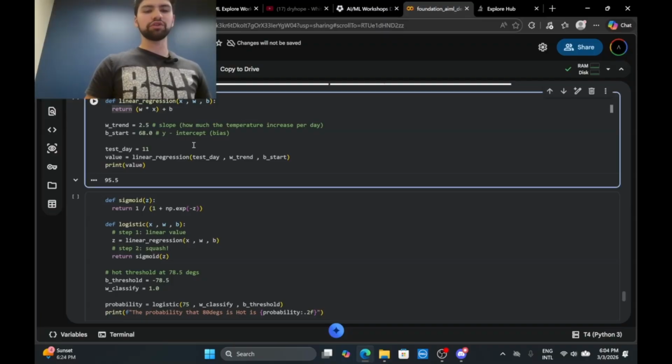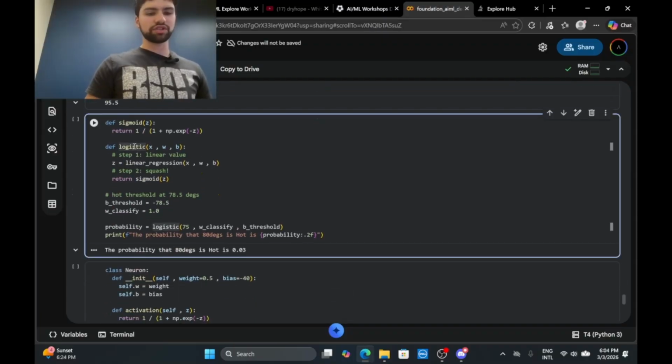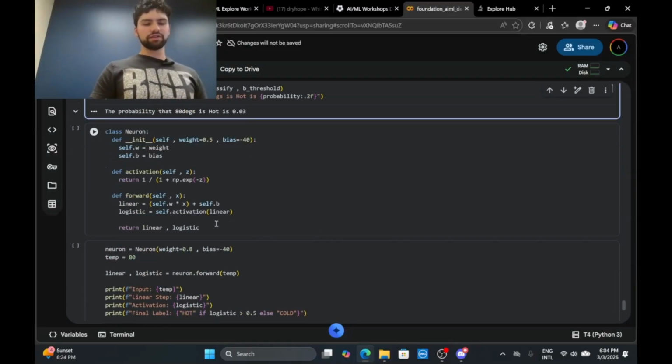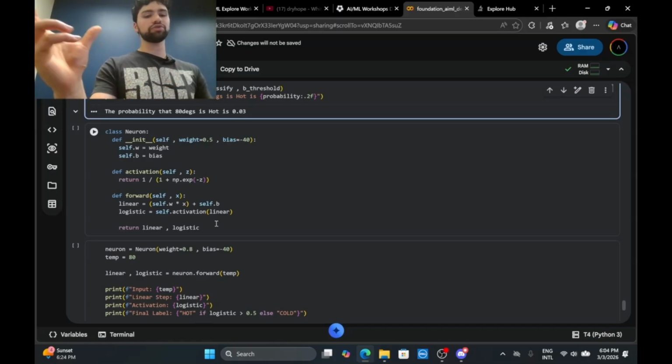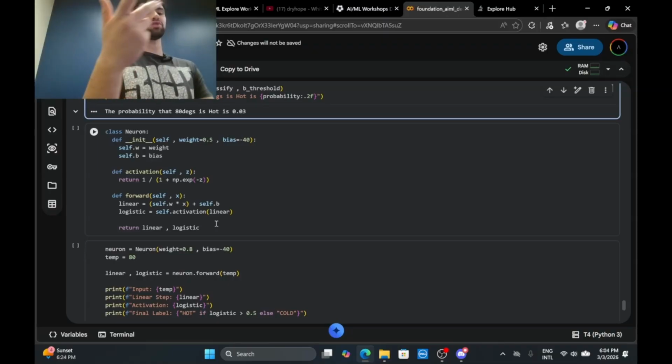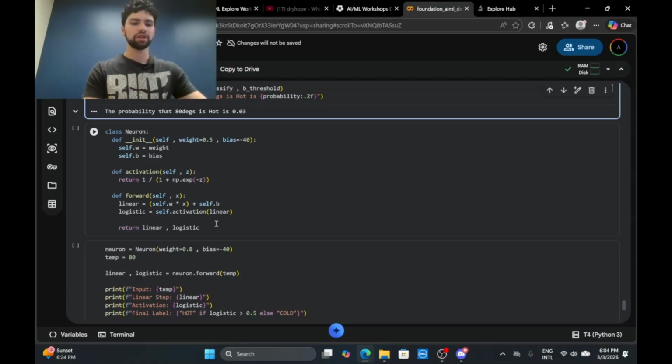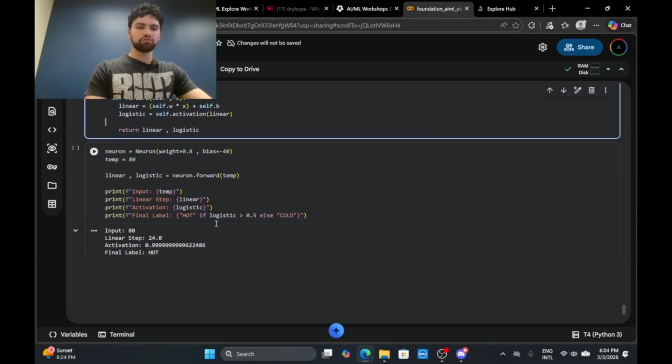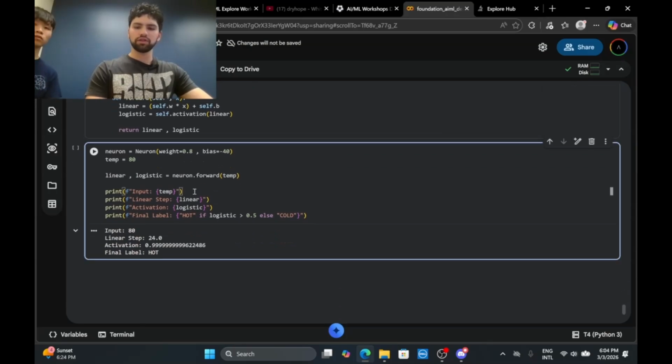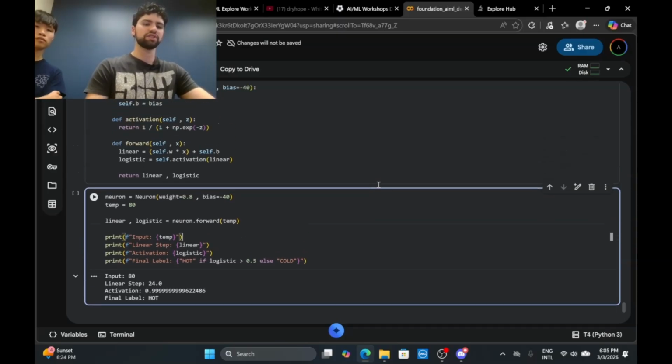So again, inside a neuron, what happens is just this code right here. Here's the individual linear regression code, individual logistic regression code. Boom, we put it in a neuron, and the output is, our inputs would be the x values, our outputs would be the linear regression function with the activation on top of it. And if you run the cells, it will give just a dummy example of how a singular neuron works.